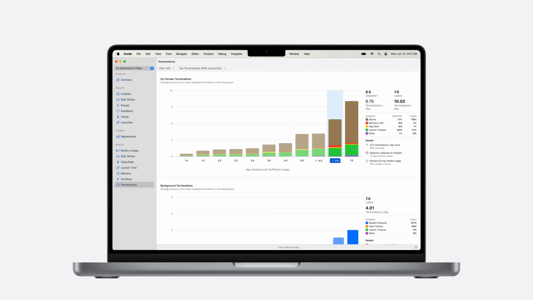Now, as you're looking at this data, remember that your users' environment may be different than yours. You probably have the latest OS version on your device, but your users might not. Or there could be network availability issues in the real world that you don't see when you're testing at your desk. This is the whole reason we have a beta program, to collect more data about how our app is doing. As a developer, or as a project manager, as a product marketing partner, you have free access to all this information built right into Xcode to help drive your product's direction.